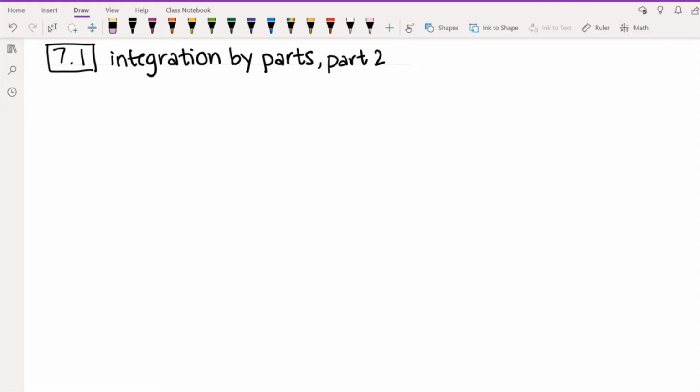Hi everyone. So in this video, we're going to continue to talk about integration by parts. We're going to look mostly at some examples that are a little bit different from the ones that we saw in the previous video. But before we do that, I just want to remind you of what the integration by parts formula is, and